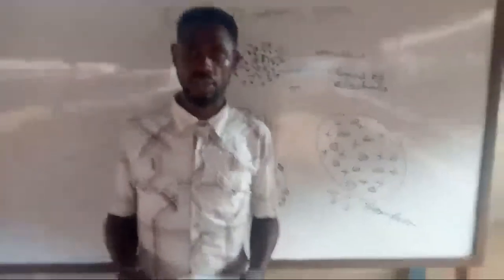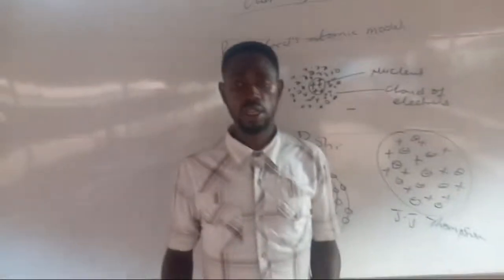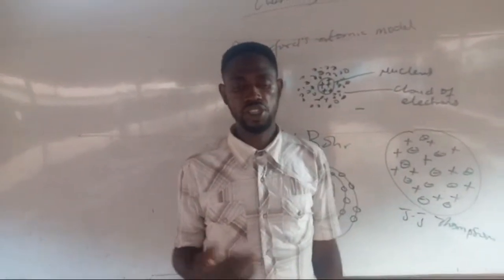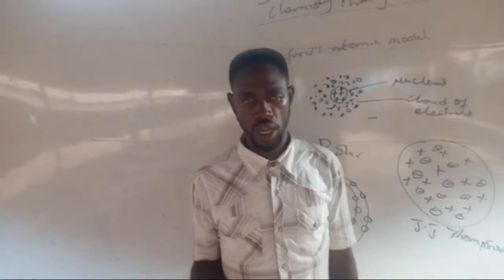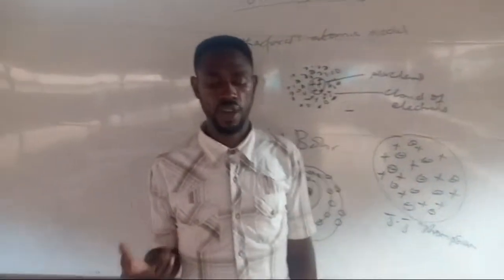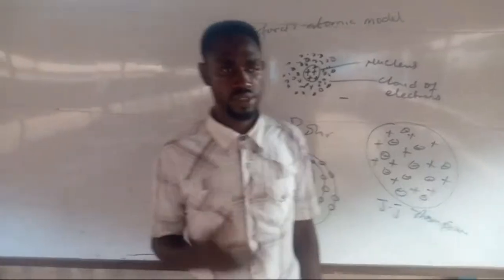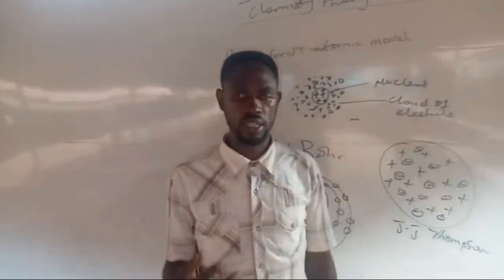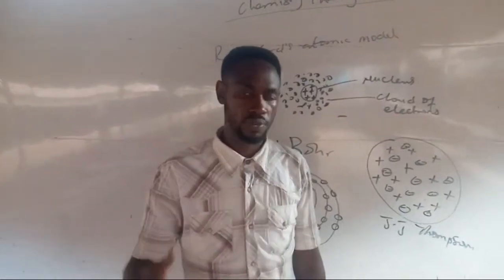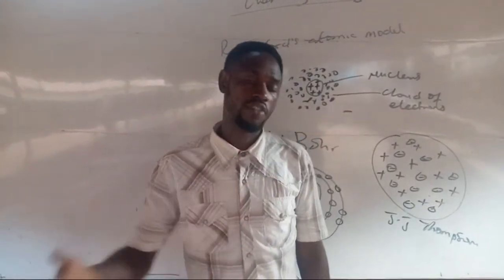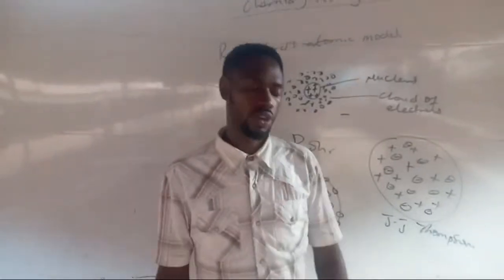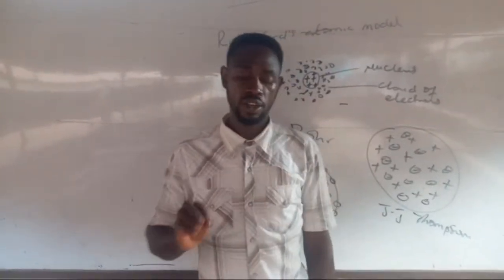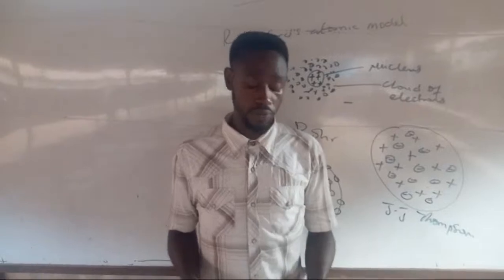Explain why the relative atomic mass of chlorine is not a whole number. It's very simple, because chlorine is a mixture of different isotopes. We have chlorine-35 and chlorine-37, and their relative abundance is not equal. So after calculating, the average of this mixture of isotopes made it 35.5. That's why it's not a whole number. It's because of the fact that chlorine exists in different forms of isotopes. And remember what isotopes are.